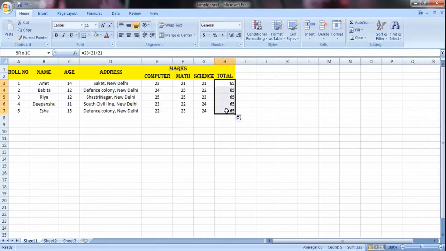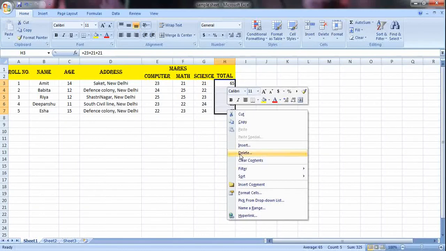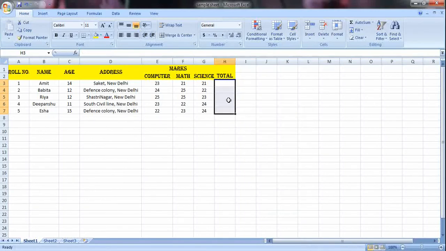Now let us enter the cell address and see how the formula will automatically update itself. So what I'll do is I'll just click here and now I'll write my formula is equal to.